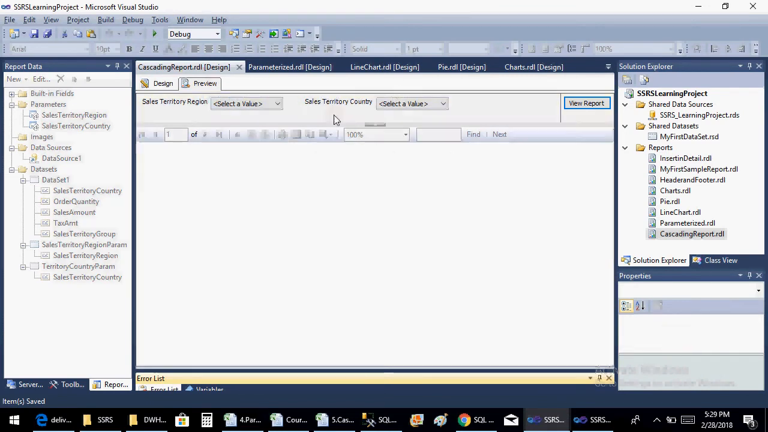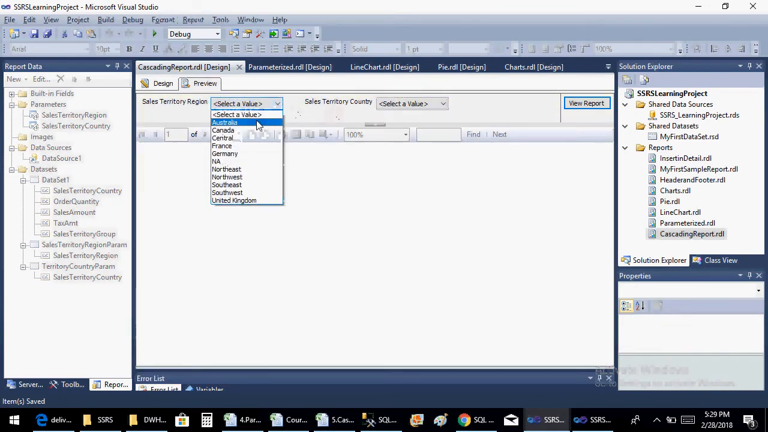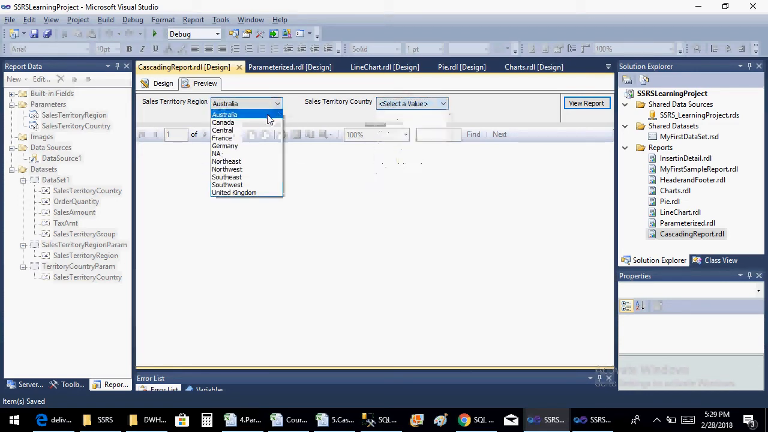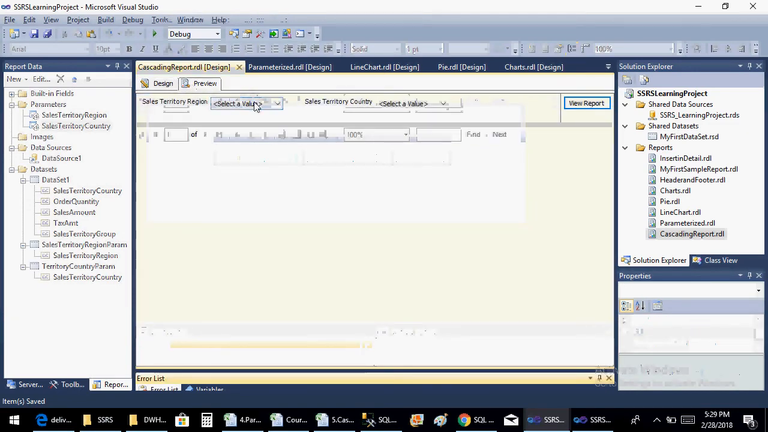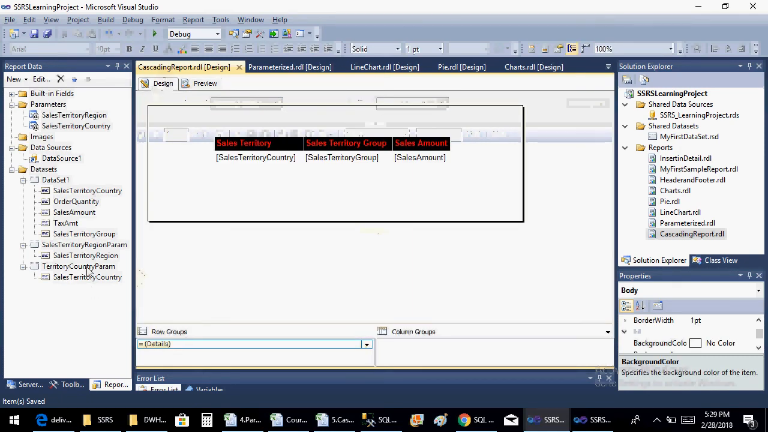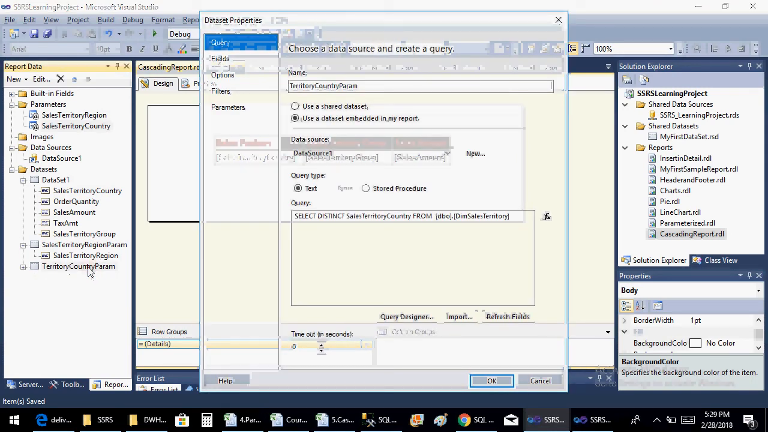So you can see here two parameters. When I'm selecting Australia, I can select multiple countries here. So see here, even if you don't select this, you have provision to select this. So this is not what I was expecting. I was expecting that only after selecting the drop down territory region, the country drop down should be enabled for me. So for that I should go to this and